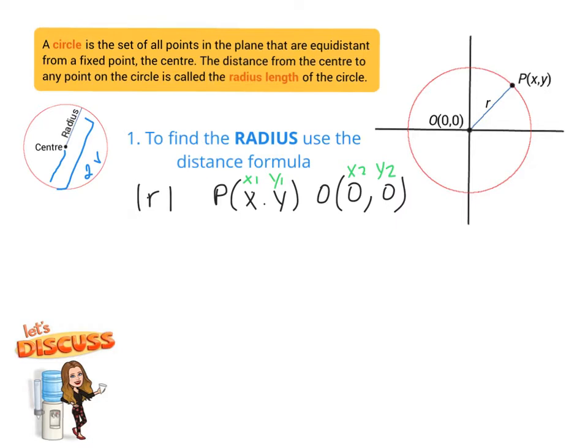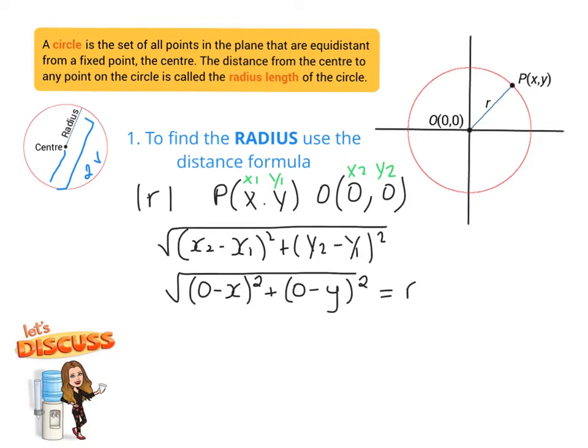So write out the distance formula and fill in for x1, y1, x2, y2. So this is our distance formula straight from the formula and log tables, and then I've just basically substituted in because my y2 is 0, my x1 is my x. Now what we're saying is that the answer to this will give you r, so we put it equal to r. And now what we do is we basically simplify it down further. So you'll be left with, underneath your square root, you will have x squared, because minus x times minus x is just x squared, and you'll have y squared